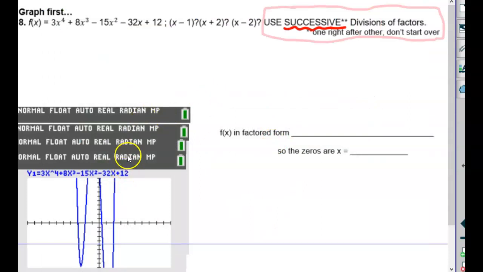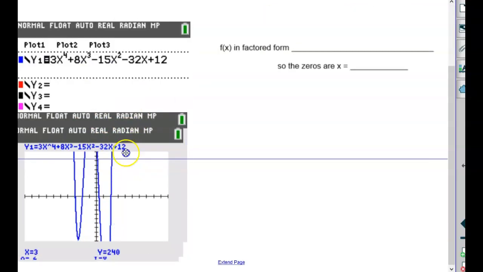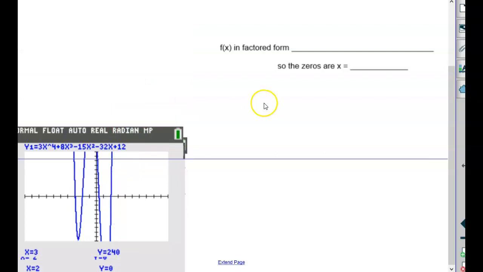All right. I got all this stuff in the way now. I don't know if I changed the window or what I did. All right, let's go